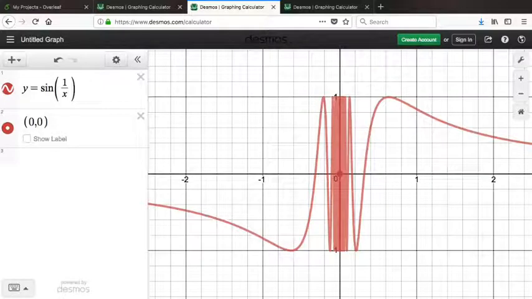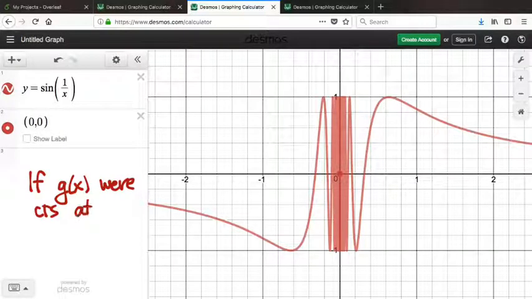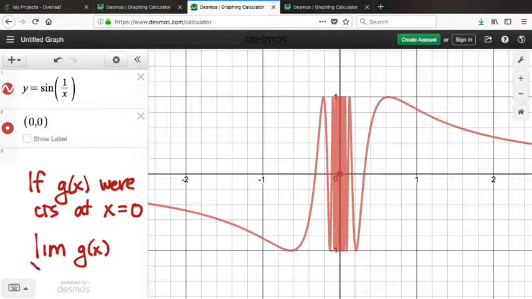Let's think for a moment about the limit definition. If this function were continuous, actually this was g, so if g of x were continuous at x equals 0, then what would have to be true according to the limit definition? What would the limit of g of x as x approaches 0 have to be? If this function were continuous at x equals 0, then the limit as x tended to 0 of this function